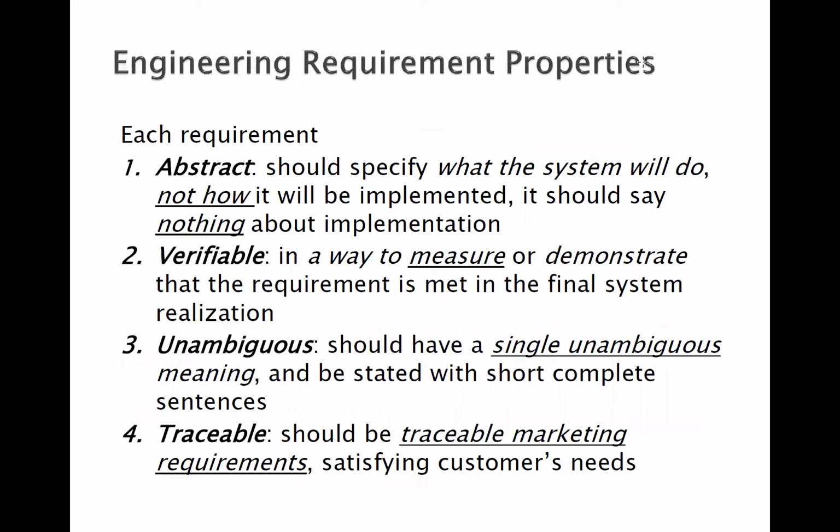Let's see the properties of engineering requirements. An engineering requirement should be abstract, verifiable, unambiguous, and traceable. These properties are quite important, and when we write an engineering requirement we have to inspect whether it satisfies these properties or not. Abstract means we